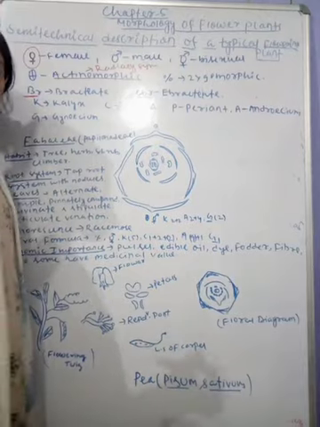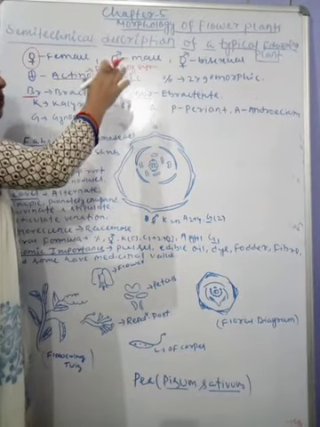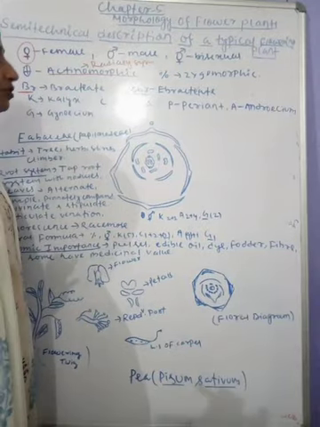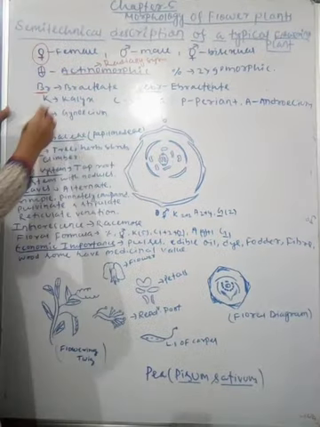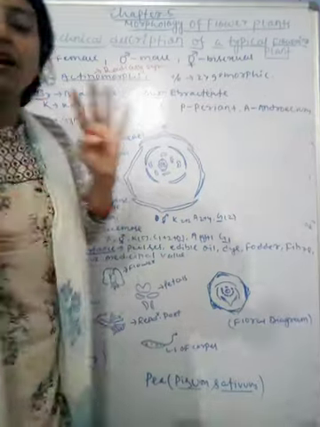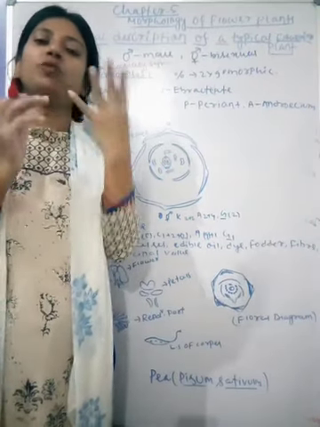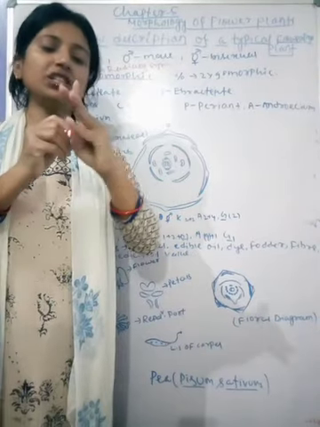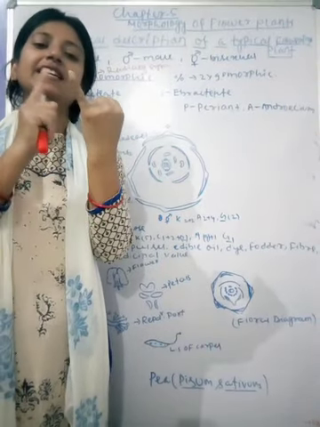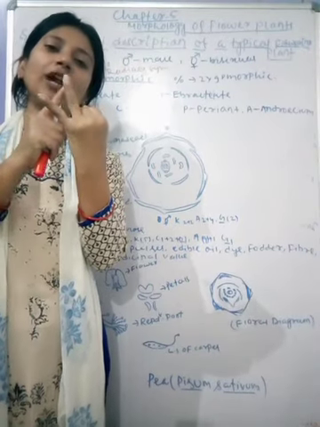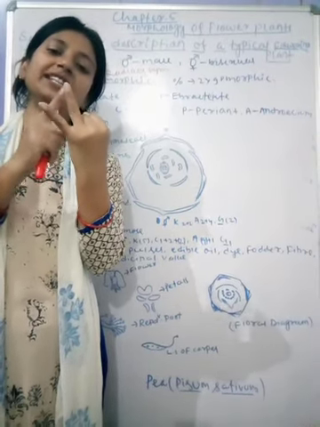As we know, short symbols are used, so the floral formula is denoted in short symbols. You have to remember this and understand this. Next, as we know, a flower has 4 whorls: 1, 2, 3, 4. In these 4 whorls, the first whorl is the calyx. Calyx is represented by K. The second whorl is the corolla. Corolla is represented by C.